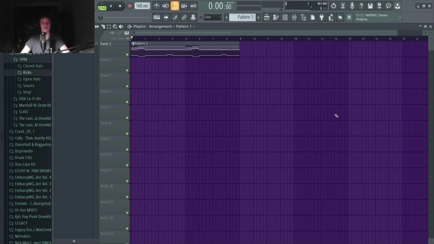Again, there's not really a great way to arrange these beats because so much of it relies on the vocals, and so most of it is done in post-production, so there's not a great way to really arrange these beats, but you can just do a pretty standard arrangement and that'll do the job. So that's about it. I'm going to play the beat at the end of the video, but first